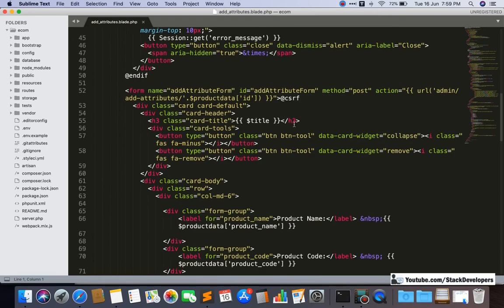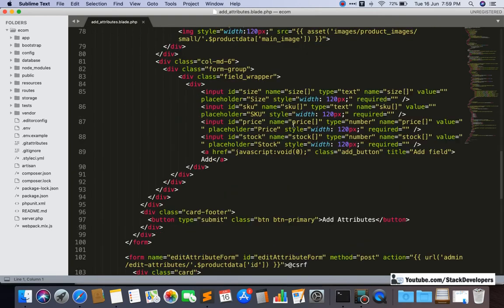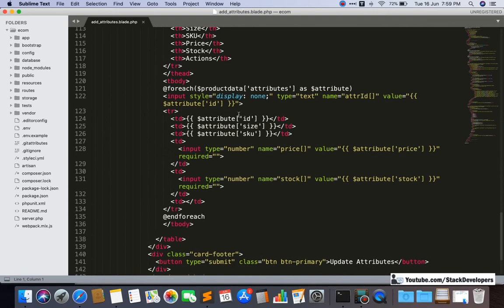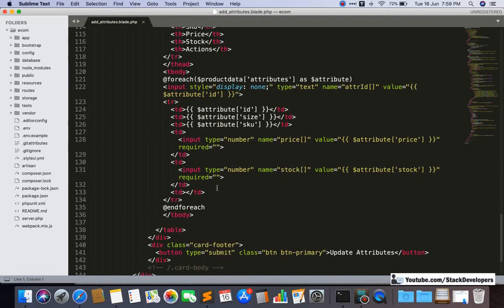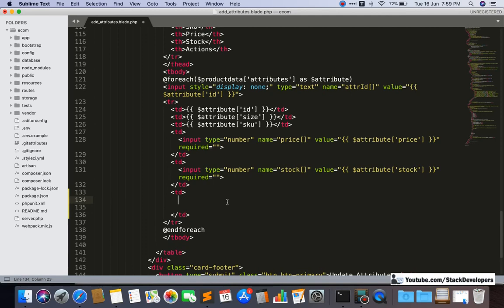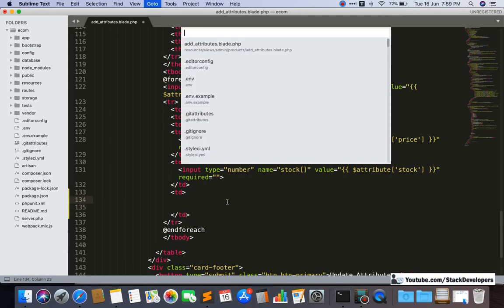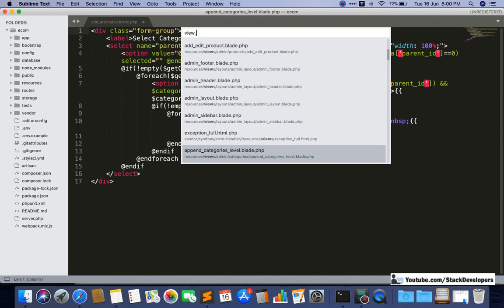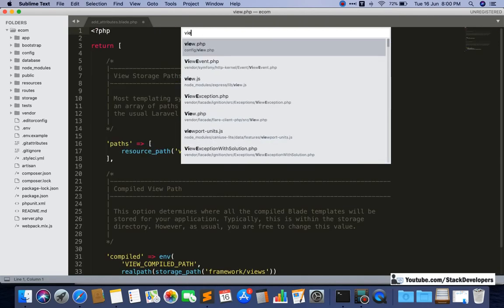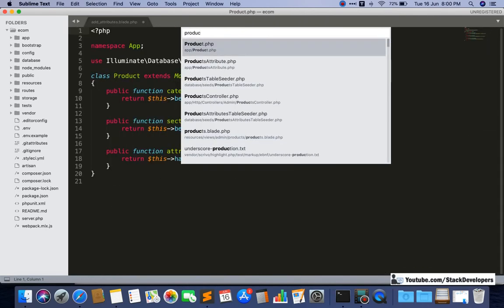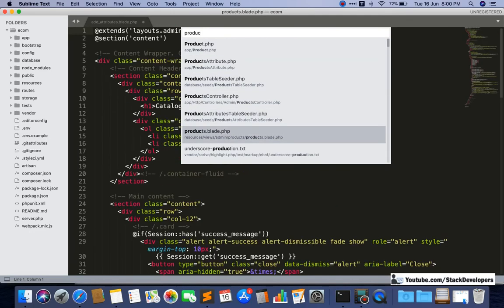This is the page we are working on, and here we have already given actions. Inside actions I want to give the active inactive as well as the delete option. So I am going to open the view products, products blade php file, from where I can copy these.